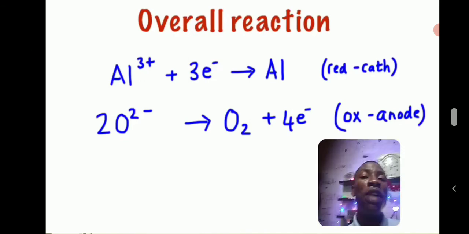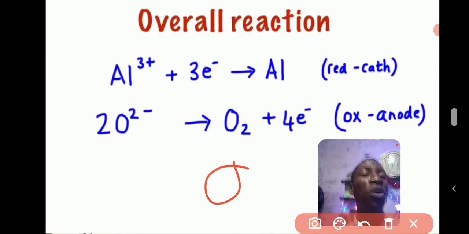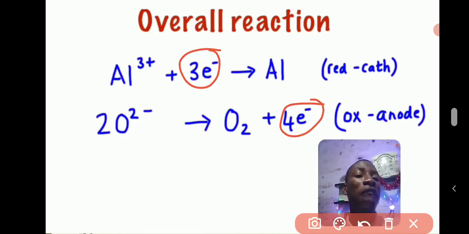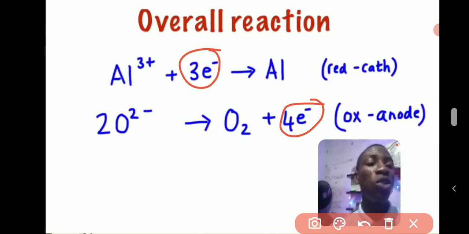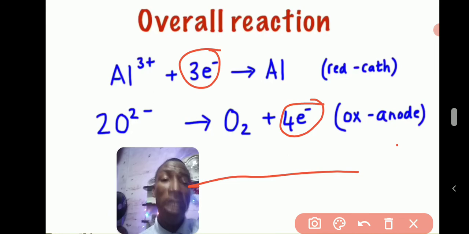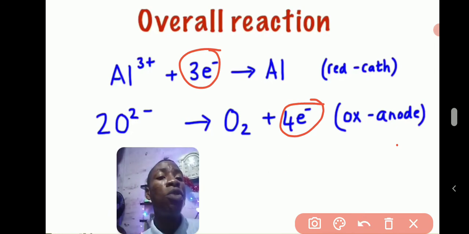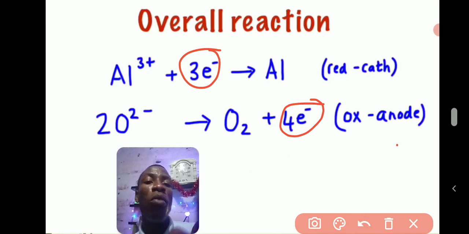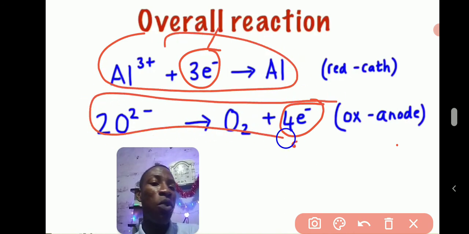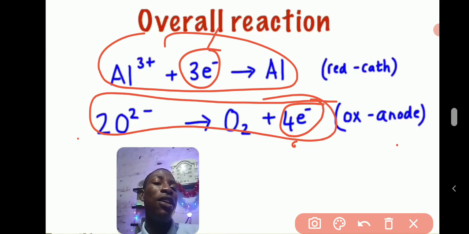Now we know that for us to write an overall equation, the electrons must be equal before we can cancel out the electron and merge the two equations. Now for the electron to be equal, what can we do? What can we do to make the electron equal? Multiply this equation by 4 to give us 12 electrons, then multiply this equation by 3 to get 12 electrons,